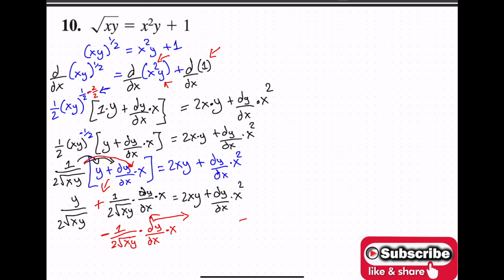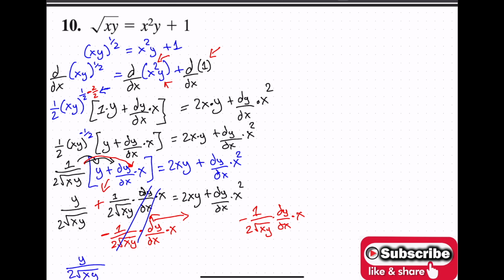Then I need to take away that same amount on the other side, times dy/dx times x. So now in here it crosses out, and I'm left off with y over 2 square root